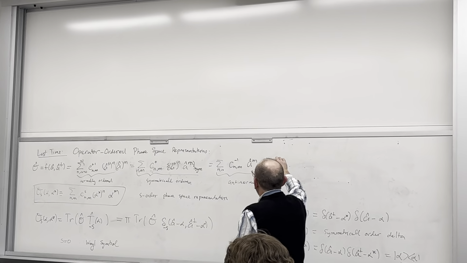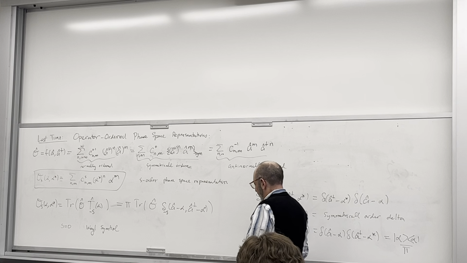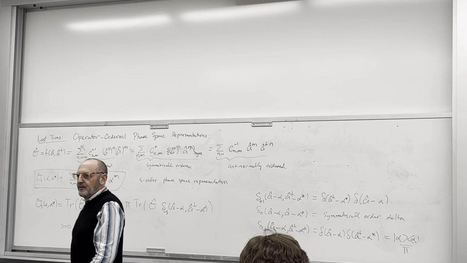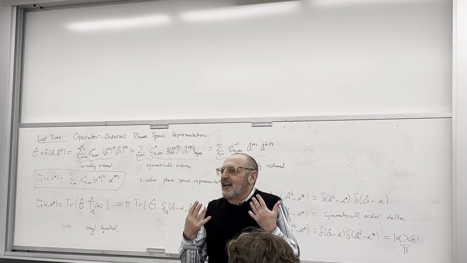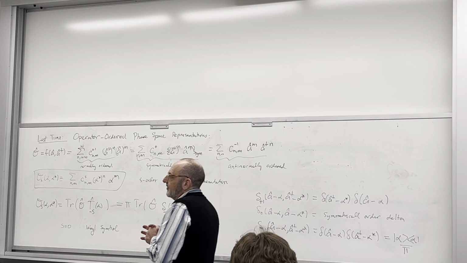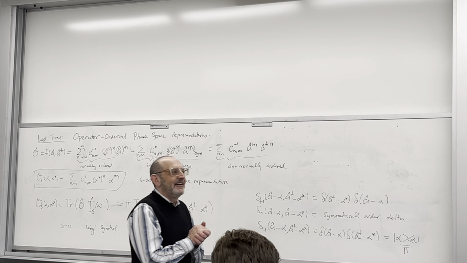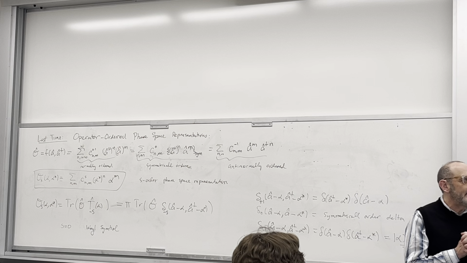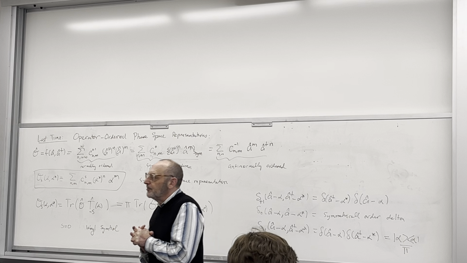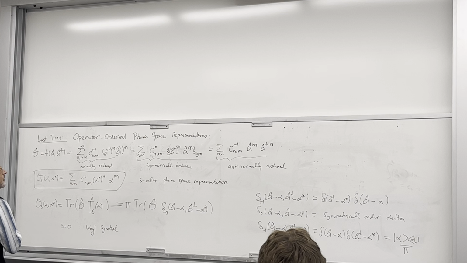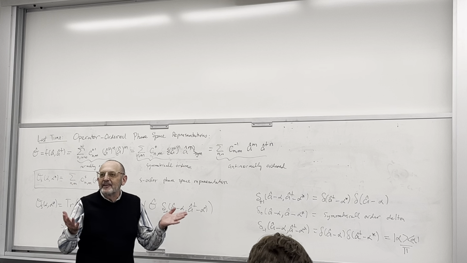Last time we were talking about the generalization of phase-space representations, and when we first introduced this, I hinted at the fact that there's not necessarily a unique way to define a phase-space representation, and it depends on what you're trying to do. There are different representations that have different physical interpretations and different uses. And they all arise from the fact that X and P don't commute, or equivalently A and A dagger